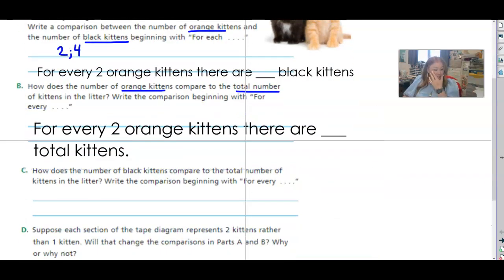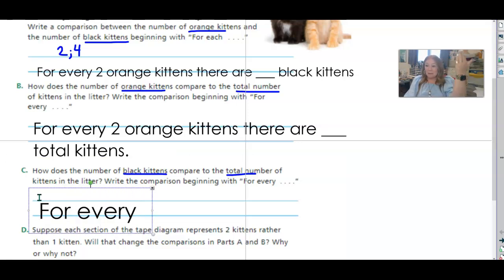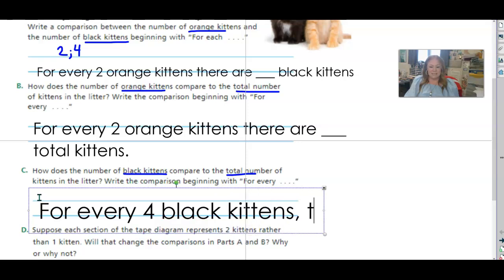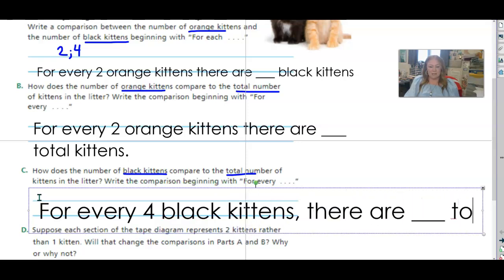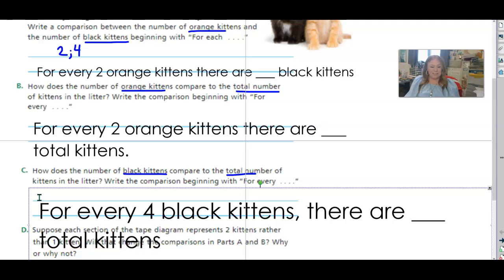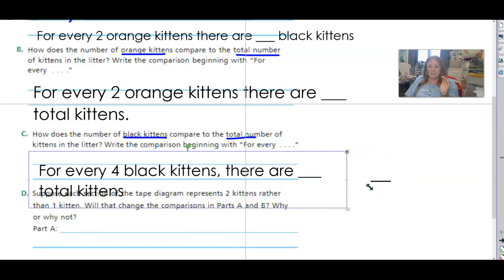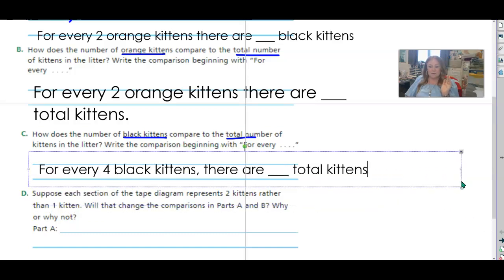Okay, letter C says, how does the number of black kittens compare to the total? So this time we're doing black to the total. So for every, how many black kittens did we have? 4 black kittens. There are blank total kittens, because again, it wants black to the total this time. So this time we didn't need the orange, except for we have to put the orange and the black together